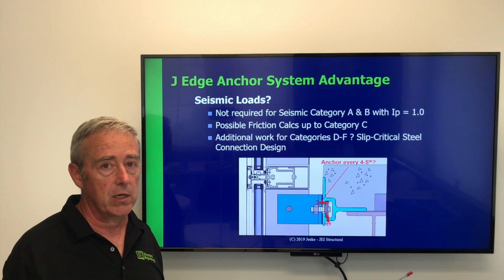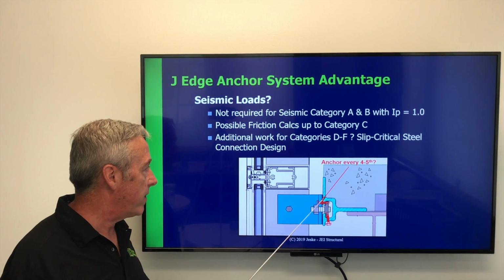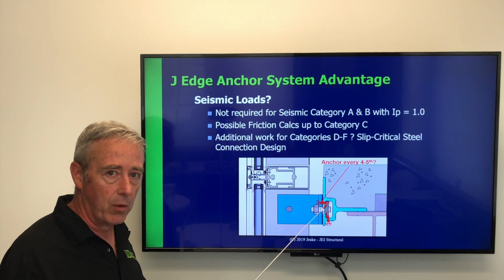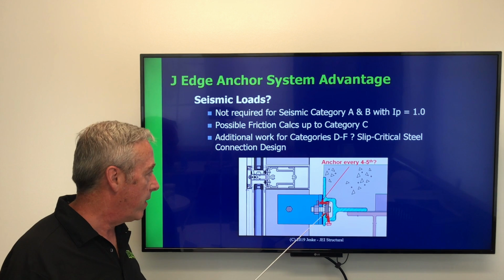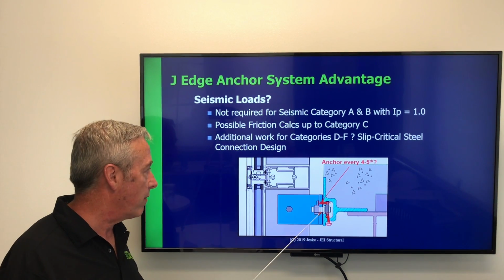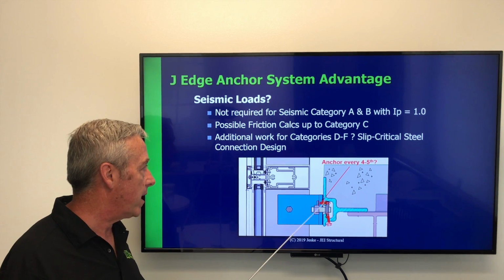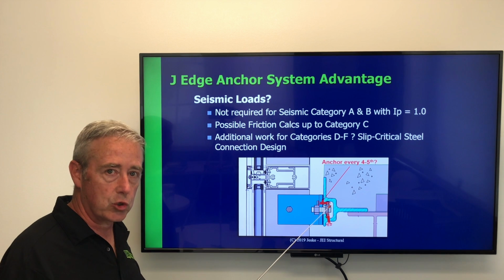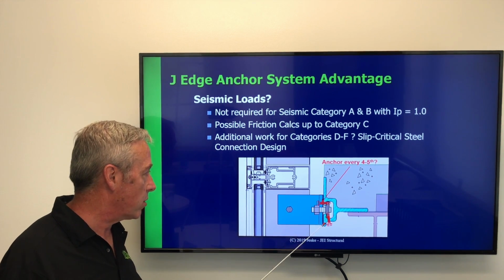The channel embed anchors that are associated with concrete design typically have very thin parts that are malleable, made of mild steel, and so they have to go through a rigorous process, and they don't qualify for slip critical connections. In this case, we have a very high quality, strong structural extrusion, and so this steel surface here is